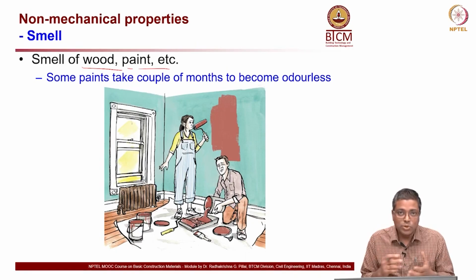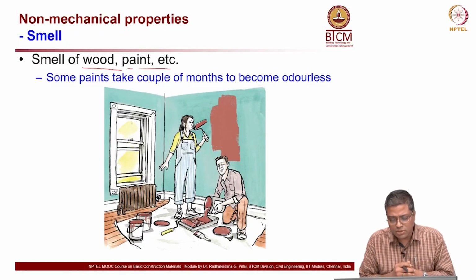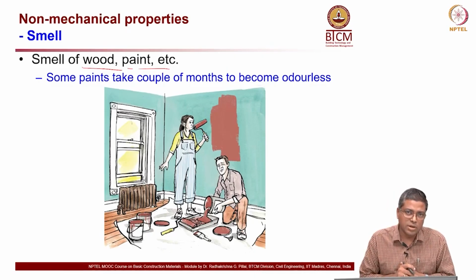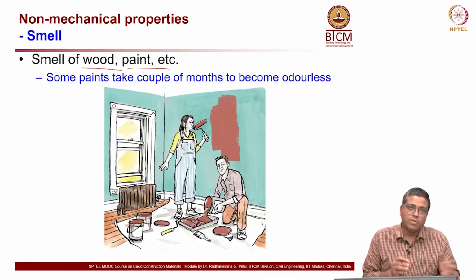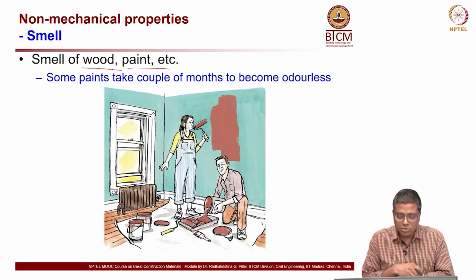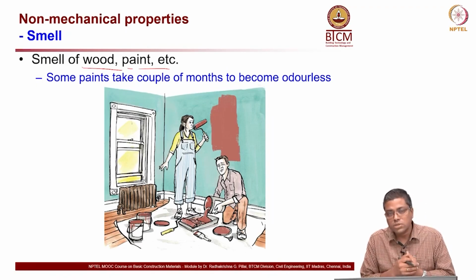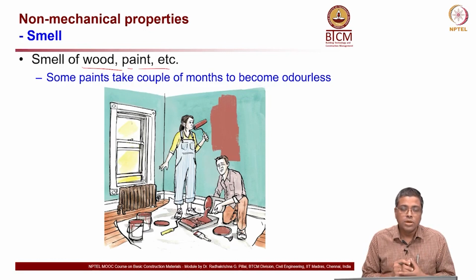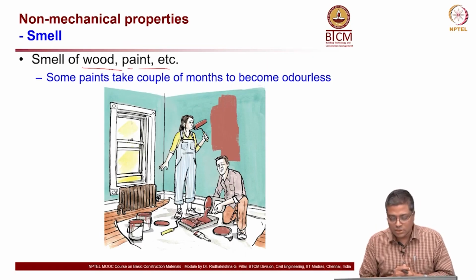Or if you use some chemicals in construction, that might have some long term impact, some adverse effect on the comfort level. People will have to keep the window open, otherwise they will not be able to work. So, these are all things which can go in as technical specifications. When you purchase paint, you should ask whether it will have any bad smell and things like that.